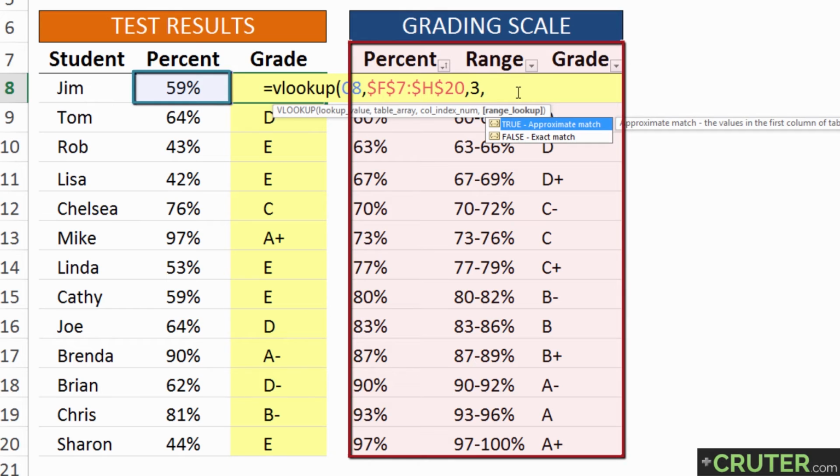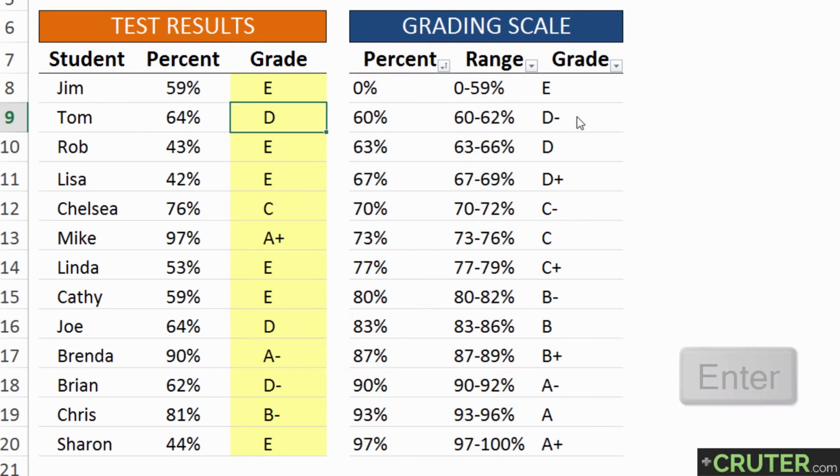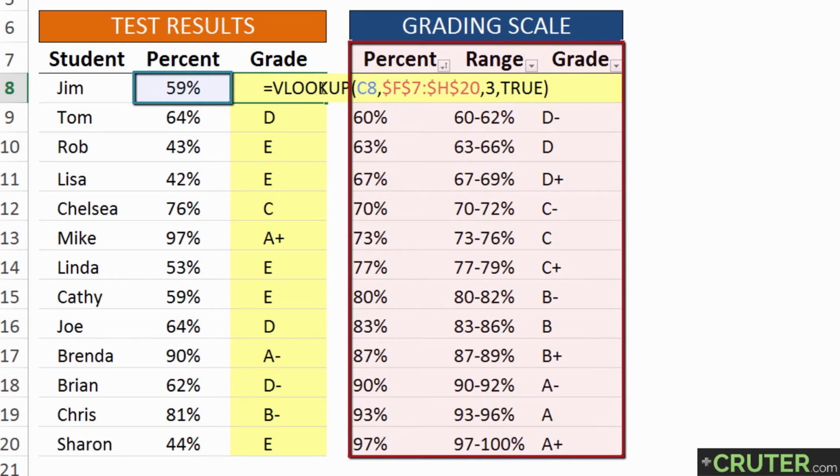And then the last one is the range lookup. And it's in brackets, so by default it's approximate match, or you can say false for exact match. And this could also be a 1 or a 0 in place of true or false. I'm going to type true just to explicitly state that I want it to be true and as an approximate match. Several things I want you to notice from the difference between the VLookup and lookup formulas is that in